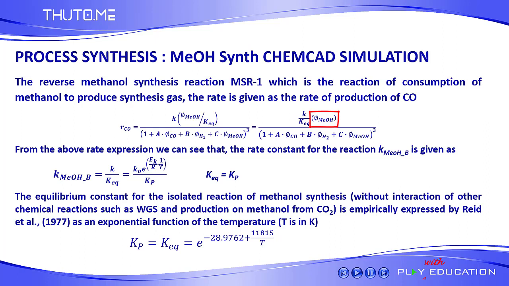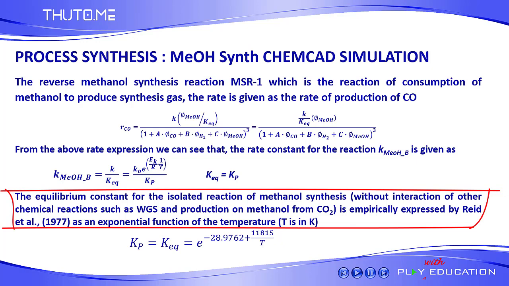Note that the exponential for methanol here is 1, the exponential for carbon monoxide is 0, the exponential for hydrogen is 0, and then these ones remain the same. Okay, so now if you look at the rate constant, we know that it is divided by the equilibrium constant, which we can call Kp. Sometimes it gets called Kp because it is usually the ratio of the partial pressures. We have looked at this when we were doing the equilibrium of the water gas shift. The equilibrium constant for the isolated methanol synthesis reaction without the interaction of other chemical reactions such as